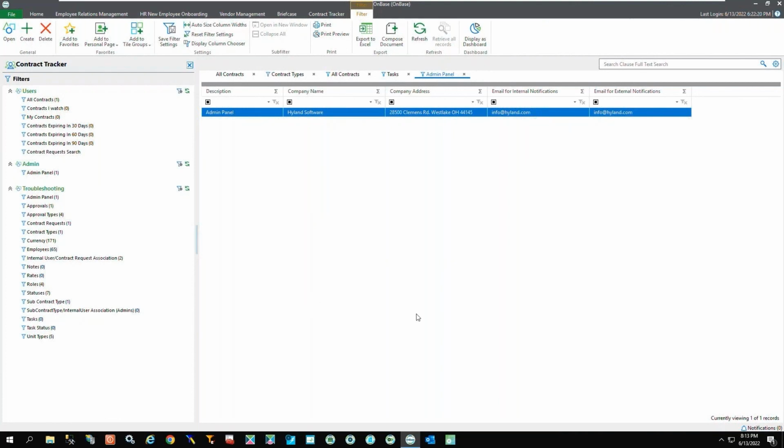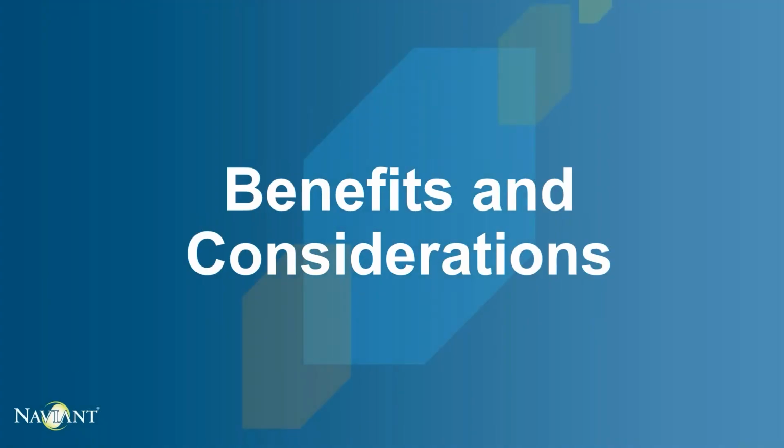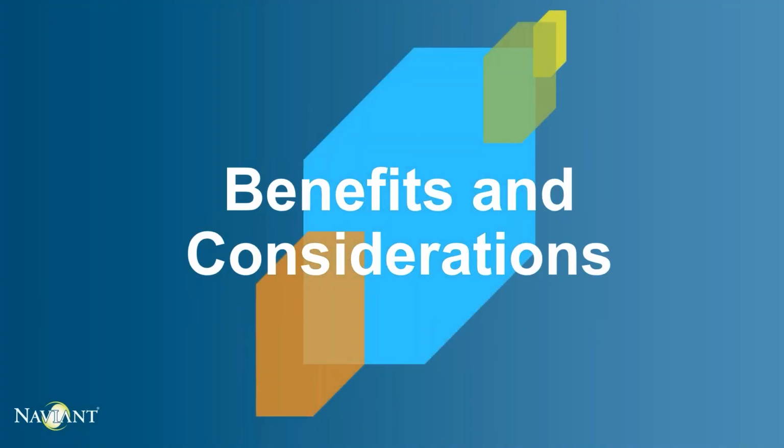Another change that could be made is, Victor. He probably isn't going to have access to that troubleshooting filter bar. He might only have access to the user's filter bar. So, taking out the filters that are going to be needed for the users to access on a daily basis and making the changes that is necessary for you is just one thing that you can do to modify this as needed. So that kind of brings me to my next point for benefits and considerations.